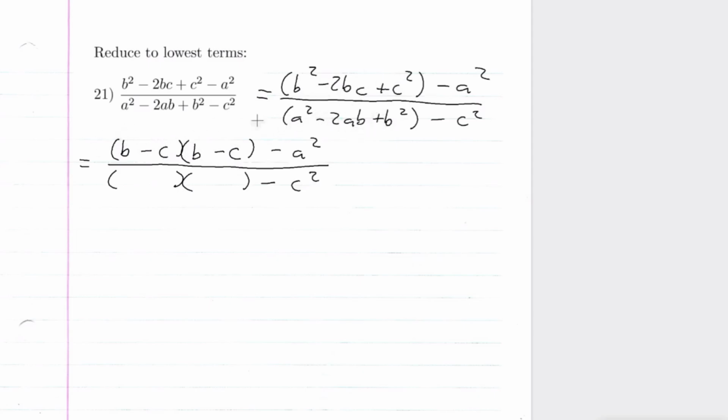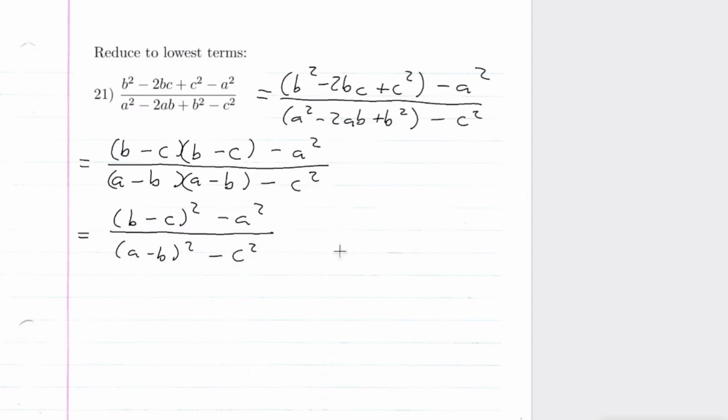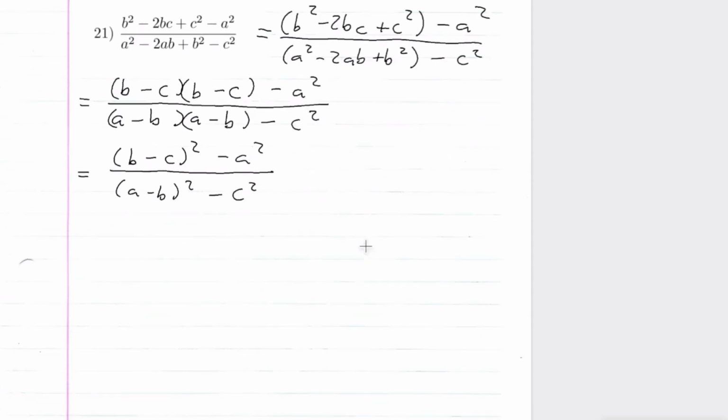Now here I do the same thing. I'll have a minus b and a minus b. Okay, so hopefully you can see, instead of writing b minus c times b minus c, I'll write b minus c squared minus a squared over, and then I'll have a minus b squared minus c squared. And now we have a difference of squares. So I can write this as